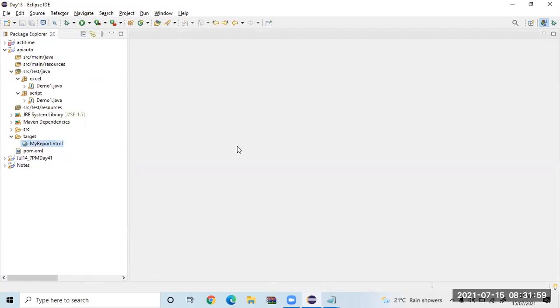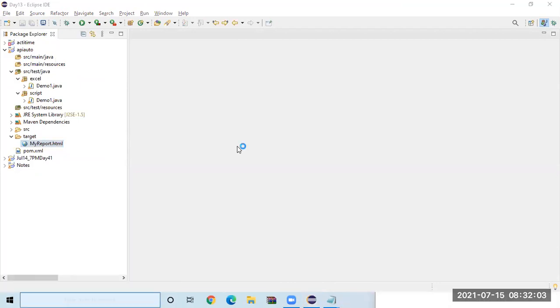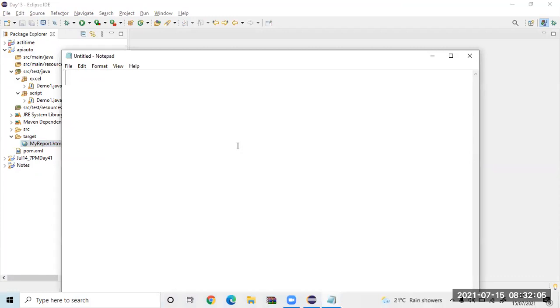And last but not the least, whenever you go to any API testing, you always use a beautiful concept called POJO class. What is that? POJO class. The name is very fancy, but it is a full form. Any idea what the full form is? Plain old Java object. Yes, plain old Java object.